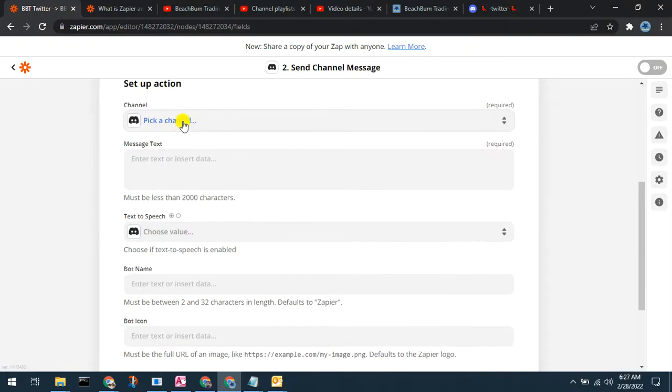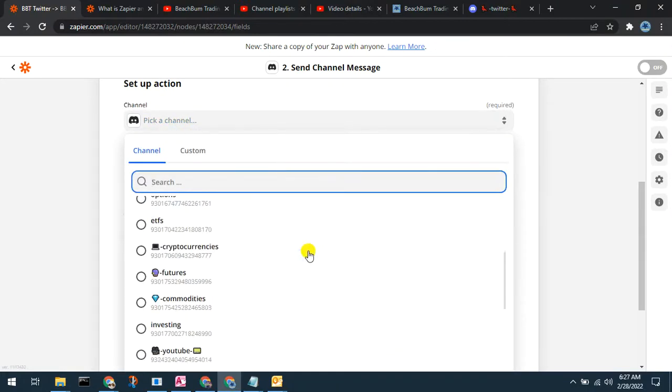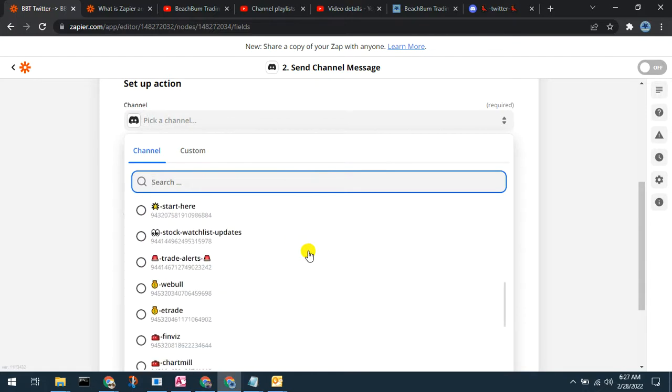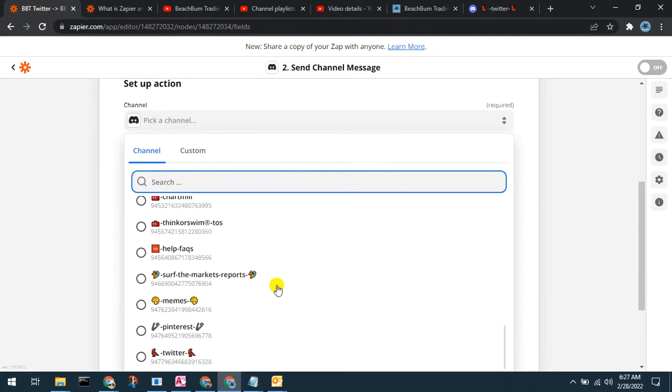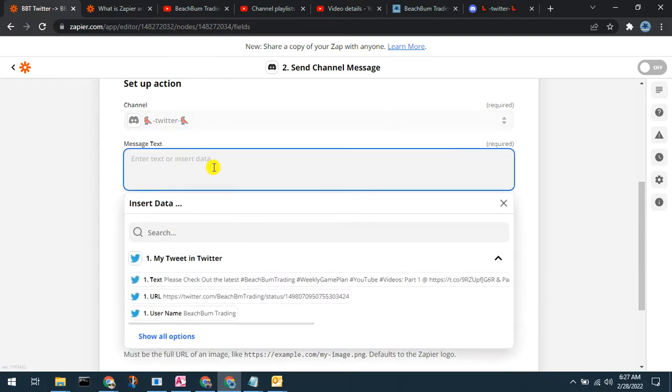Okay, now what channel do I want to put it in? Well, I happen to have a channel for Twitter in that Discord server, so I want to send it to my Twitter channel. Now, what do I want that message to look like? Here are the data fields, the data elements that are readily available in each tweet, so I can choose what I want to send. So I want to send the text from the tweet,